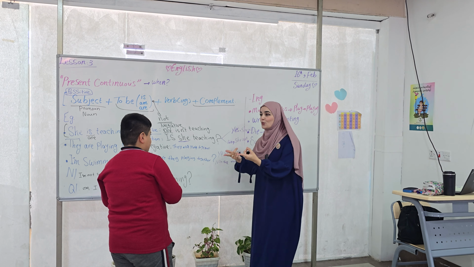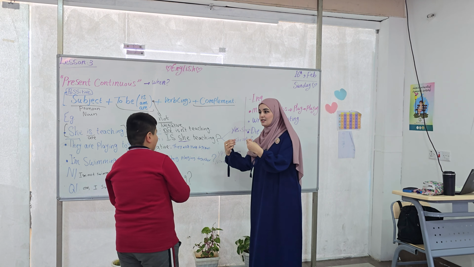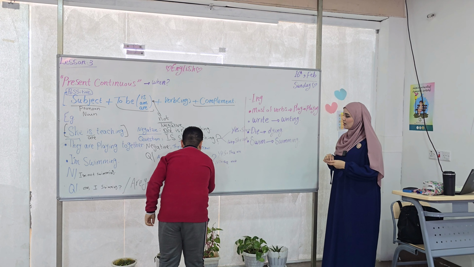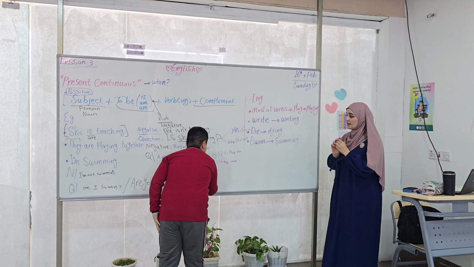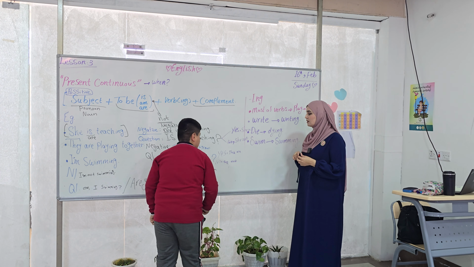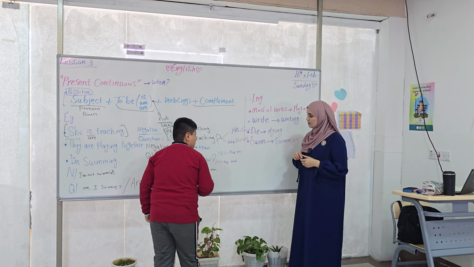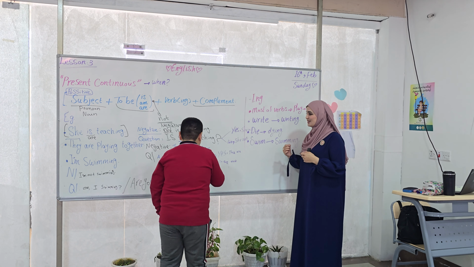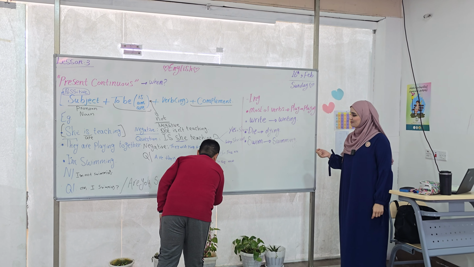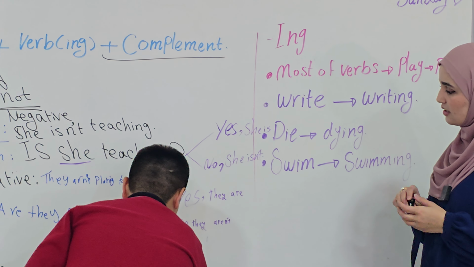Listen, I'm asking you. Are you swimming? You answer me. Yes, I am. Very good. Yes, I am. The first one. Yes, very nice. Yes, I am. Okay, then we say no. What else do we say? No, I'm not. I am not. Also write it.